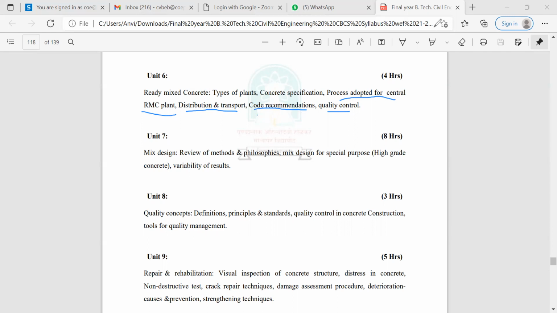So this is unit number 6. Then next is unit number 7. Unit number 7 is mix design, as I discussed in the morning lecture. So mix design, generally as we discuss, there are various